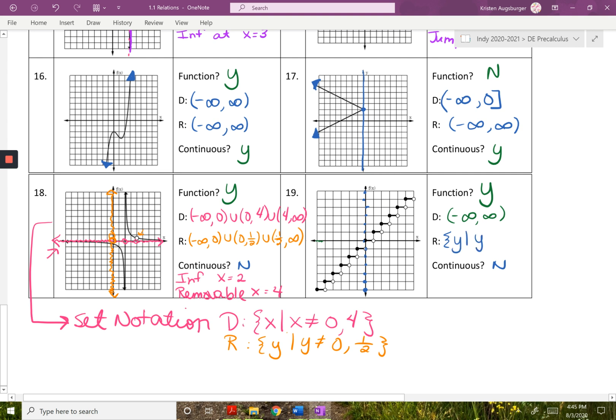That is the set of integers. It's not because there is a